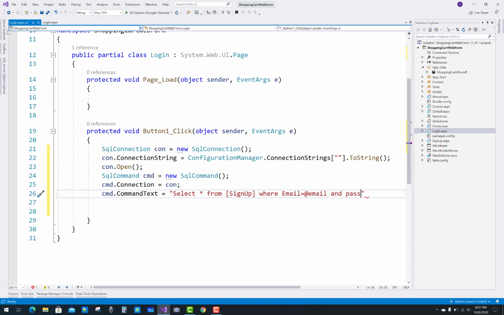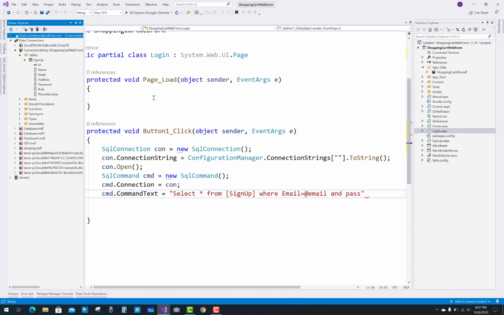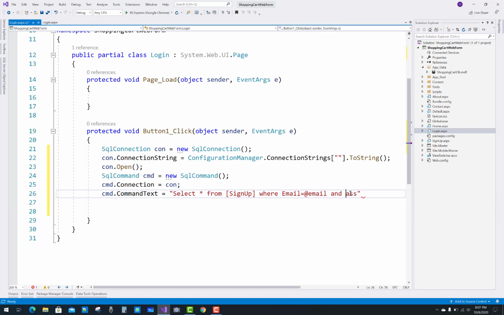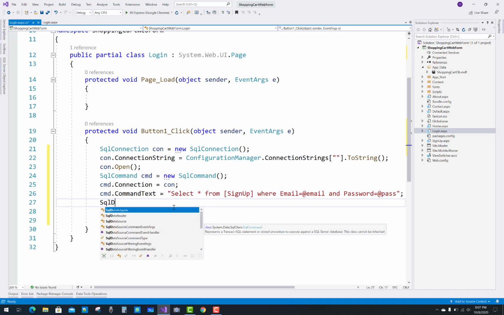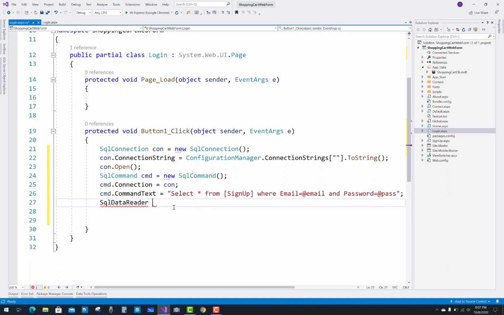In SQL, the first letter of the password is capital, so Password equals @pass. Okay, so cmd dot, SqlDataReader rd equals cmd.ExecuteReader,